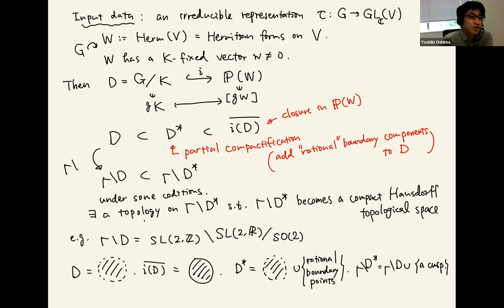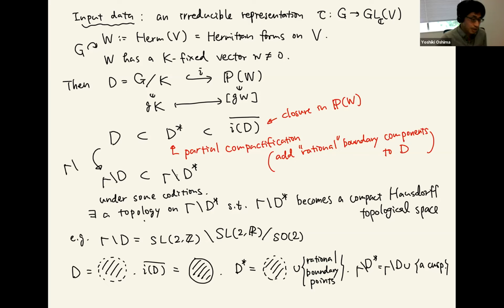But so this is in some sense a compactification of D, but we want to define the compactification of D mod gamma. For this, we need to take some partial compactification between these two. So roughly speaking, it's to add irrational boundary components to D. We do not give a precise definition, but we can naturally define some intermediate objects, and then taking